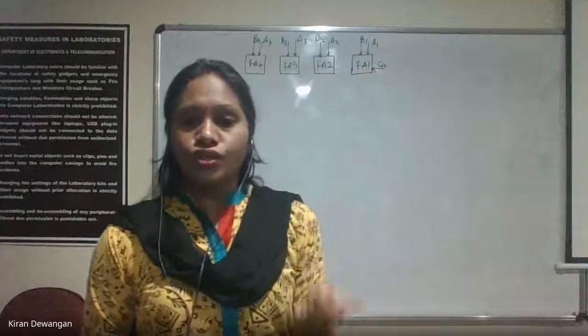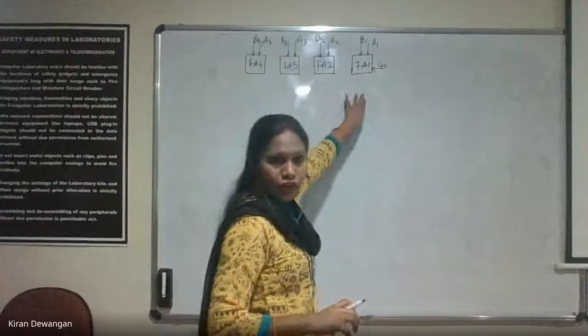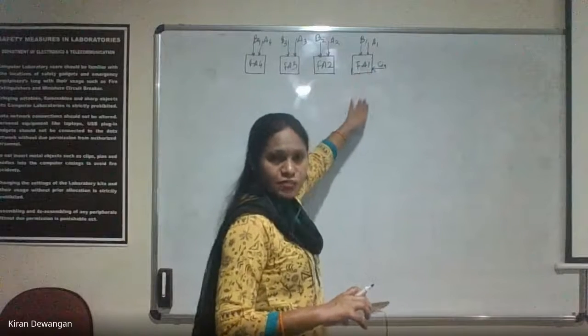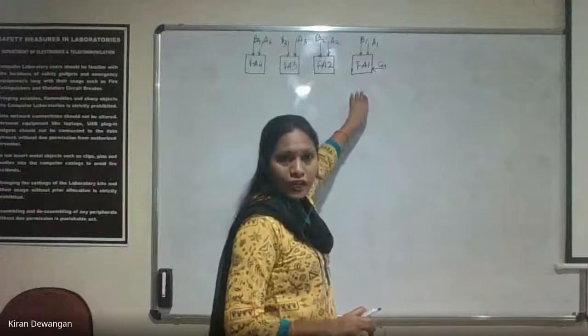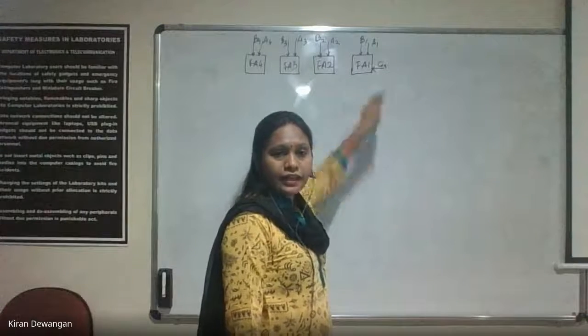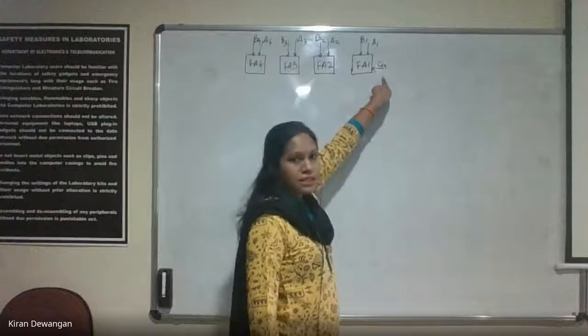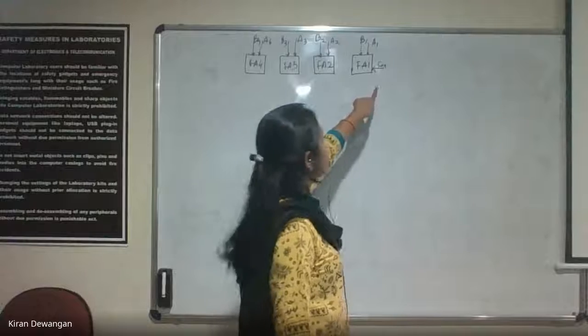and B is also a 4-bit input, and we have given to the full adders the first bit input, that is the LSBs. A1 and B1 are given to the first full adder, and the full adder needs 3 inputs, that is A and B and Cin. So these are the 3 inputs given to the first full adder.